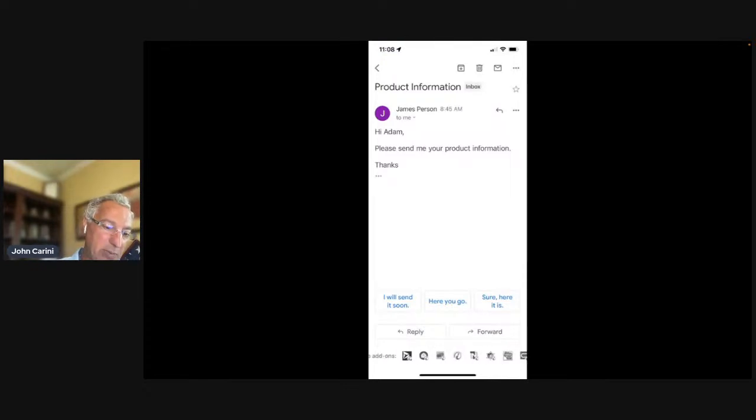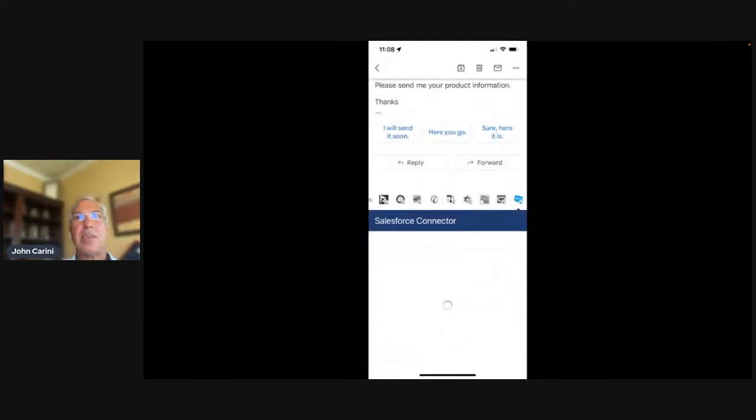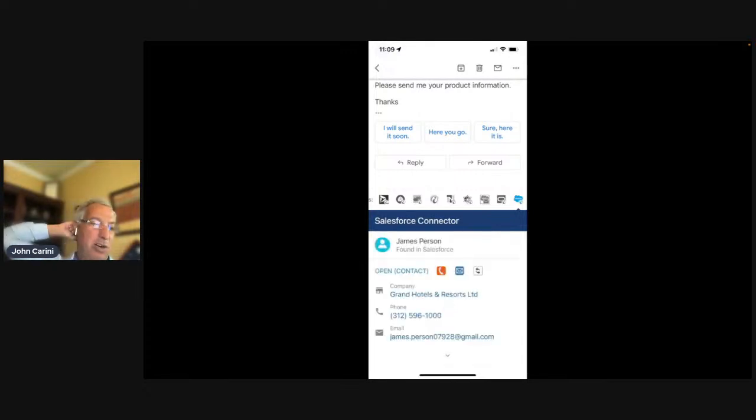But if I want to, I can open up the Salesforce connector, for example. And remember, everything that was on the right-hand side in Gmail on my desktop or in the browser, whatever you want to call it, is now right here at the bottom of the connector. And the first time I open it, it takes a second. I haven't opened this in a while. But pretty much 100% fidelity in that everything that you can do in Gmail on your browser, you can do